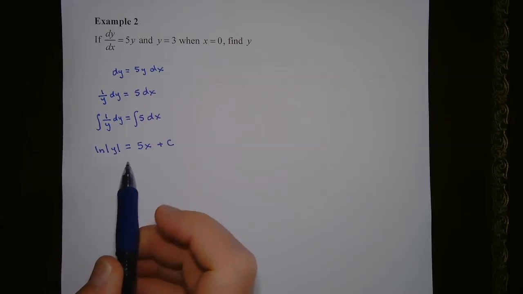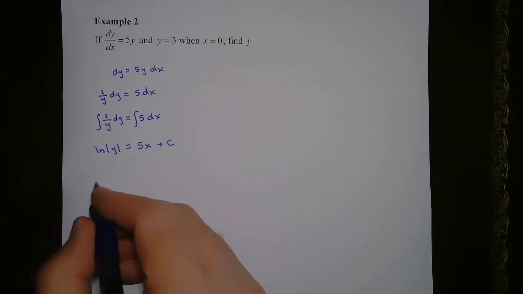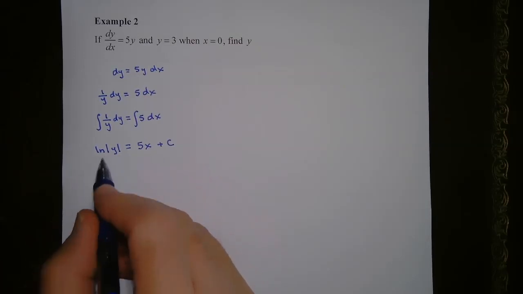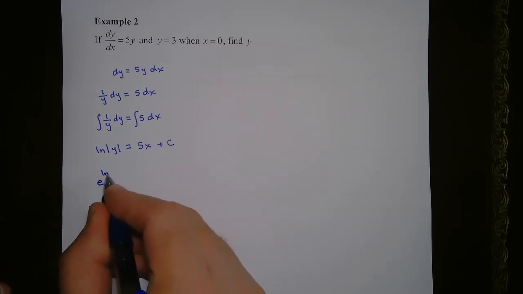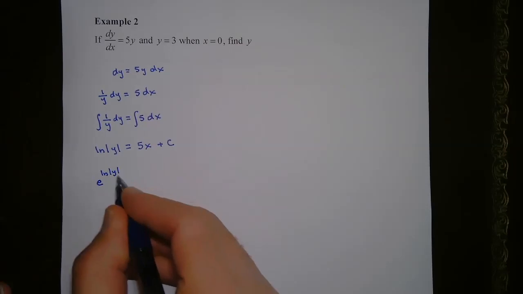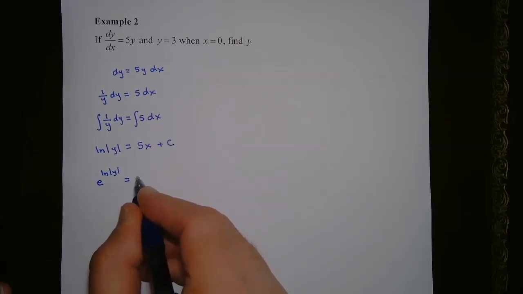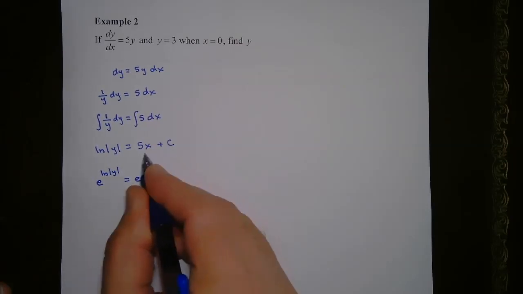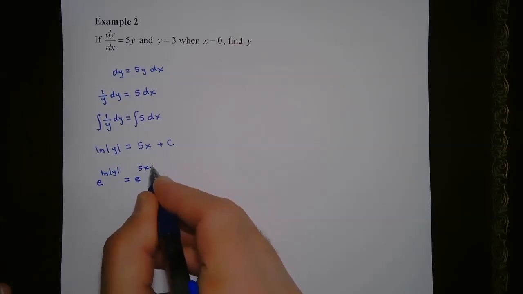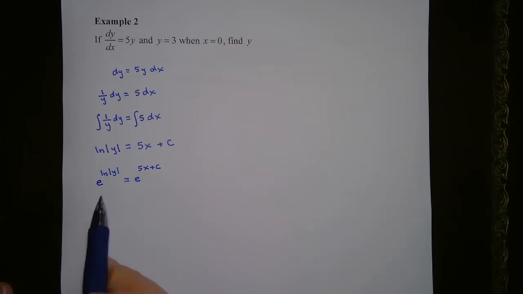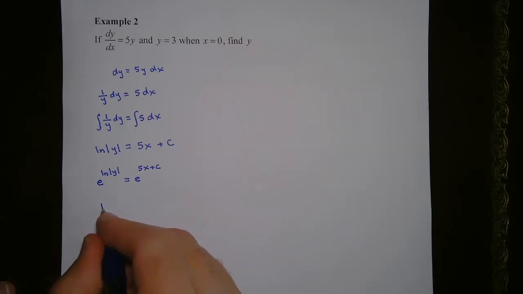And how I'm going to do that is to exponentiate, okay? And the base that will undo this is base e. So I'm going to take e and raise it to the natural log of the absolute value of y. And that's going to equal e to this. And this is going to be the power here. The power is going to be 5x plus c. Okay, and then this left-hand side, e to the natural log of the absolute value of y, well, e to the natural log, they're going to undo each other, and you're going to be left with the absolute value of